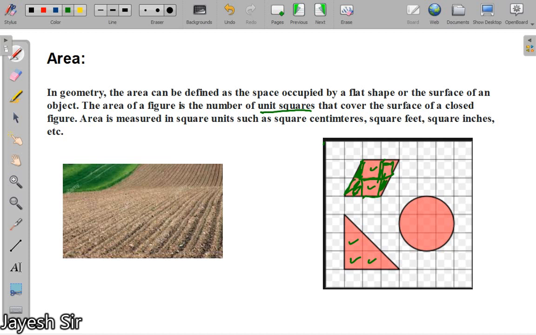Unit means one, squares means obviously square. In the same manner it is covering some portion of these squares as well, and same goes with the circle. So the amount of squares these shapes take or cover is called the area. This is very lemon language, that according to how many squares they complete, the area comes. If we think in a different manner, we can see this figure, left hand side figure.